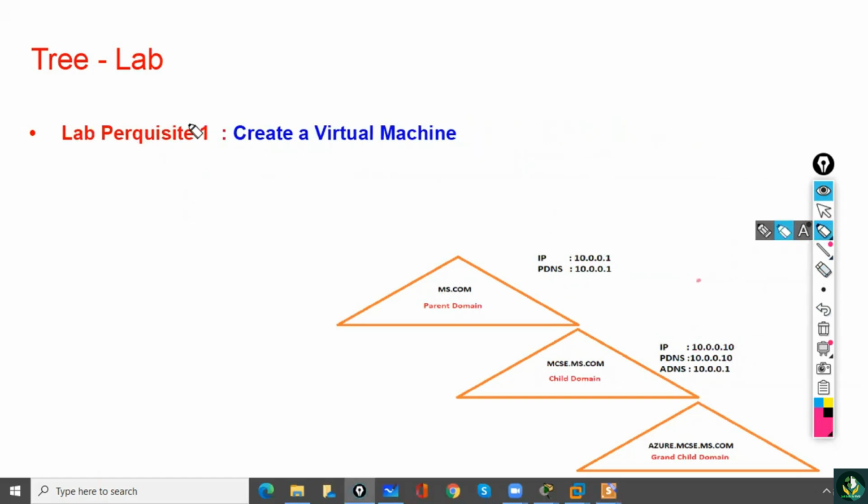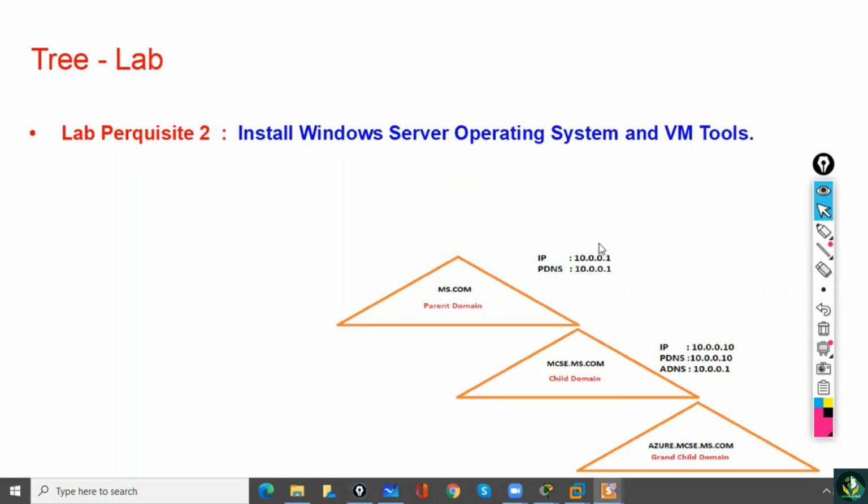And so the lab prerequisite, we need to create a virtual machine. So in our lab, we are creating the virtual machine, or you may have the physical machine. You should have the physical server in a real environment. If your environment is using virtual servers, then you will create the virtual machine. And after creating the virtual machine, we need to install the server operating system and VM tools. So we have already